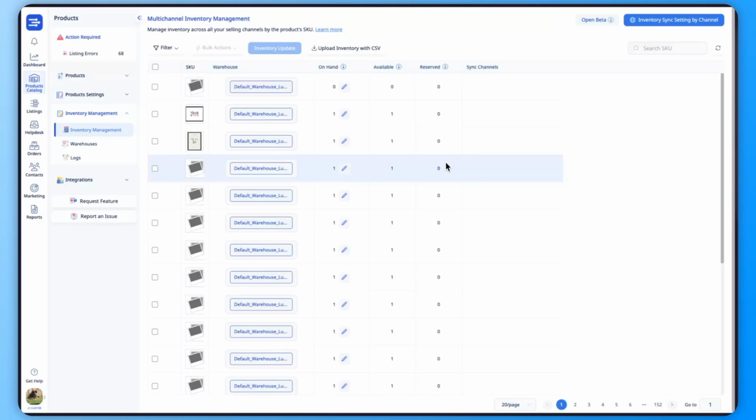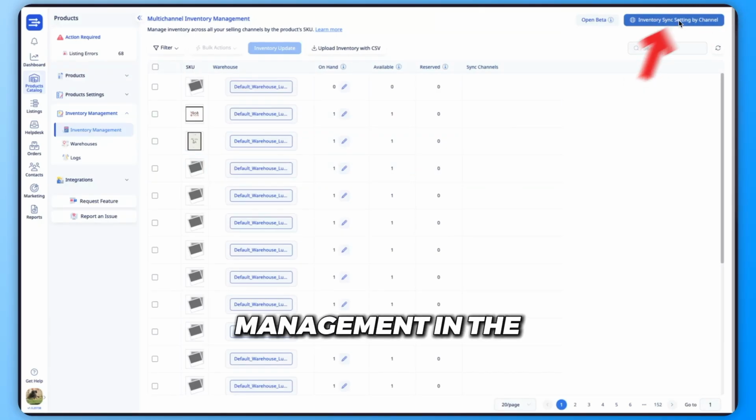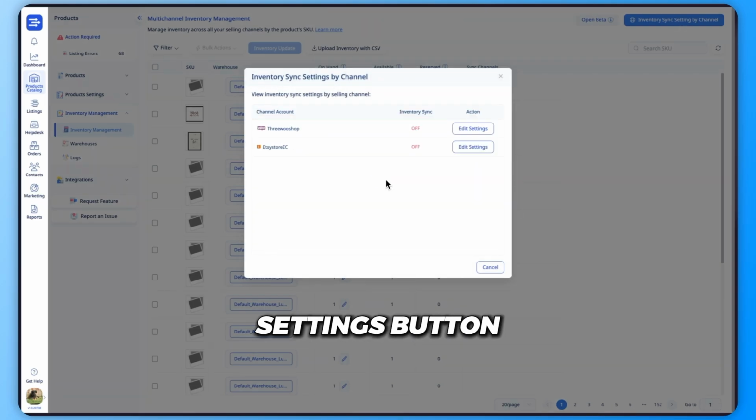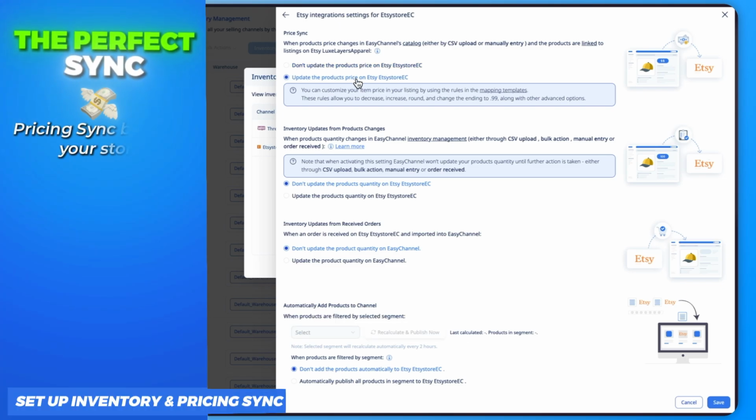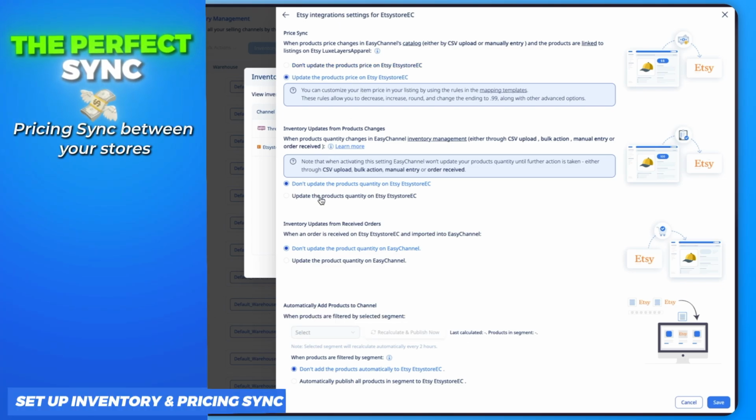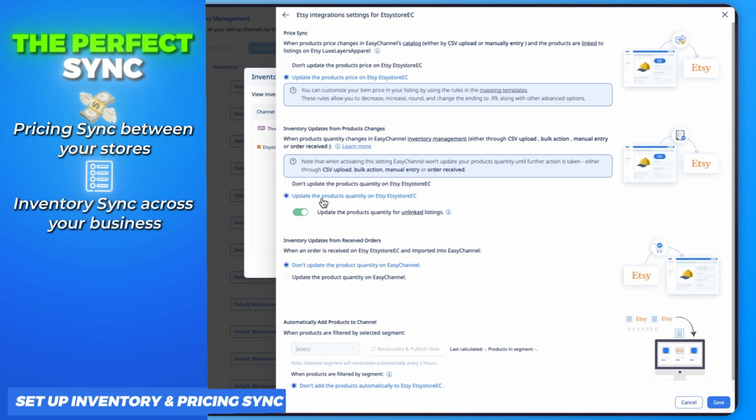Finally, let's set up inventory and pricing sync. Back in EasyChannel, go to Inventory Management in the catalog, click on the Settings button, select your Etsy account, and choose Edit Settings. Here, you can activate automated price syncing from EasyChannel to Etsy, enable inventory sync to keep stock